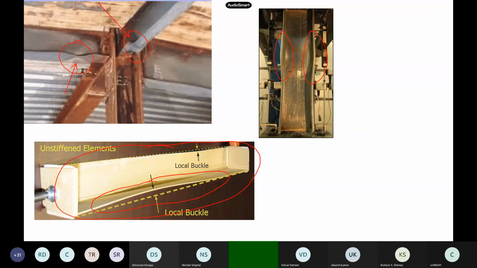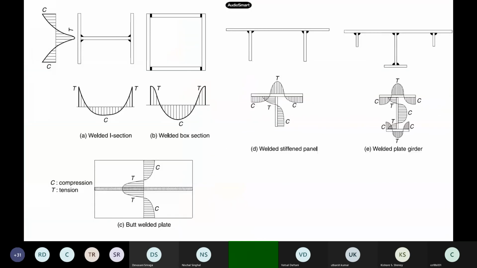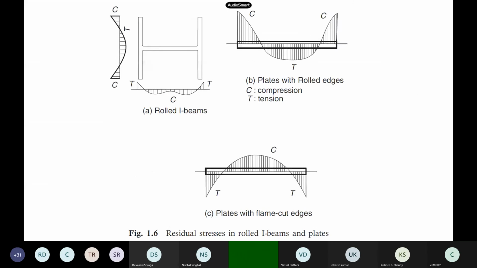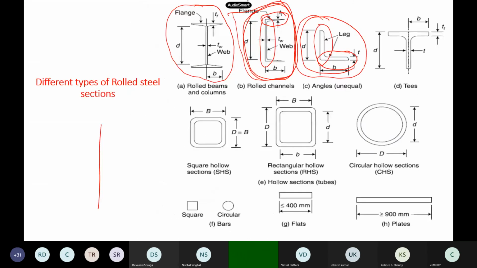Generally our pi square EI by L square, all those formulas, radius of gyration, whatever you have studied, are for global buckling, but they are not meant for this local buckling. This is a very, very serious issue in steel structures, because these are very slender. The overall beam is different, but if I see individual portions, say one leg, individual T sections, only the flange, only the webs, they are all very, very thin. So there is a chance they may buckle first instead of the global buckling mode itself.